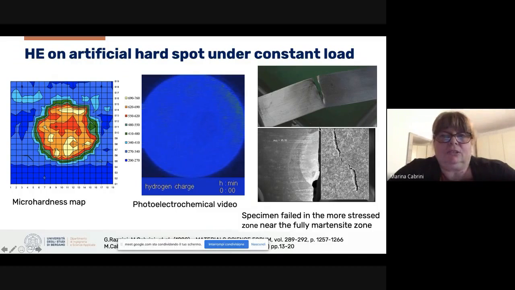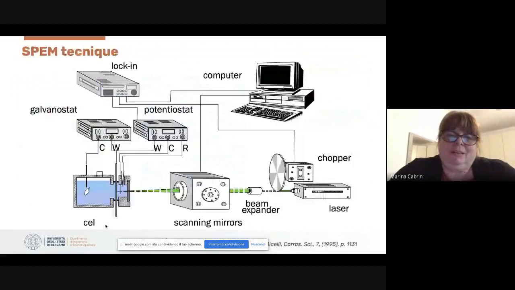under a constant load. This is the end of this experiment, in which the specimen failed in correspondence of the hard spot. But the most interesting aspect was the hydrogen visualization using the photoelectrochemical technique. Just a few words to illustrate the scanning photoelectrochemical microscope technique. That was a technique developed in the 90s, at the end of the 80s and the first 90s